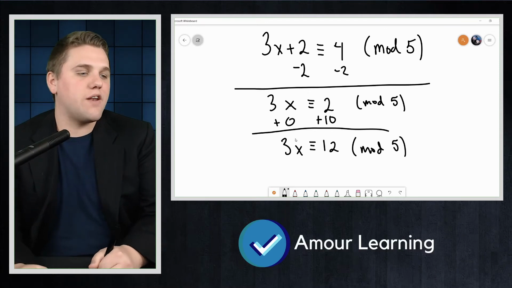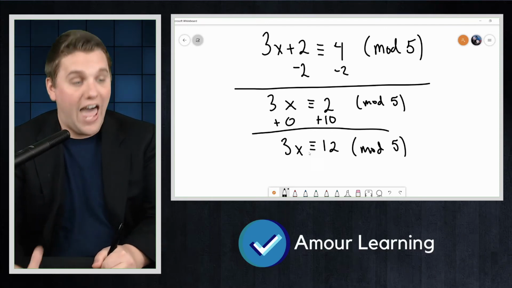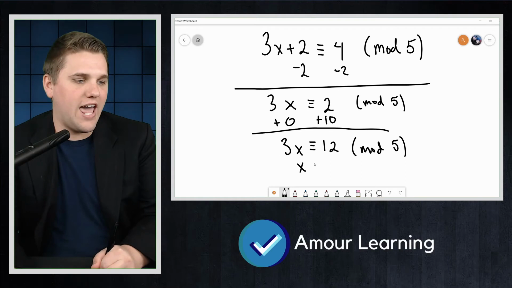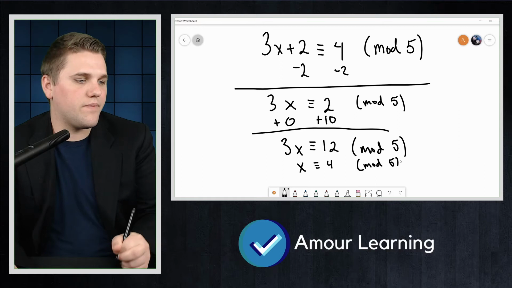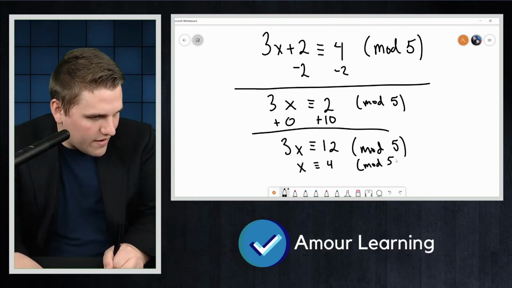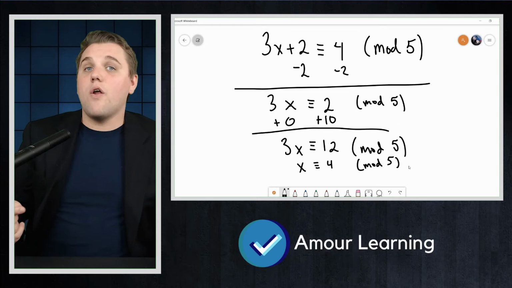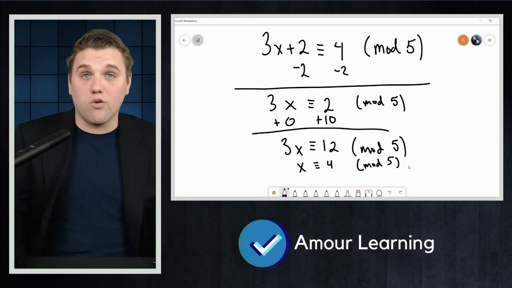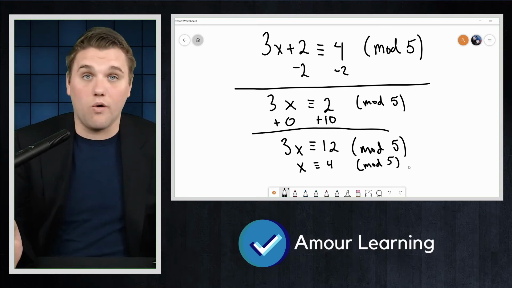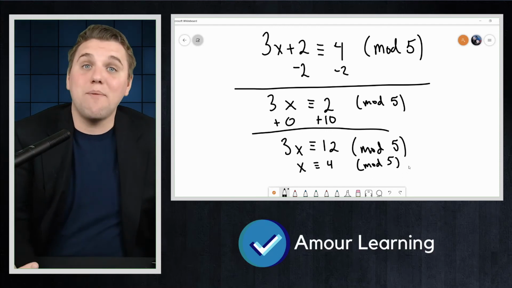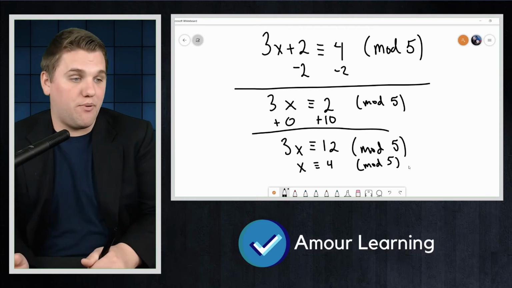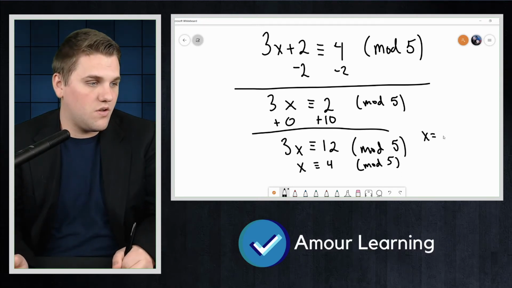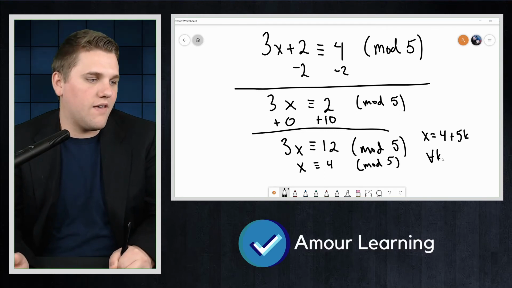But in this case, 3 and 5 are relatively prime, and so we can actually divide both sides by 3 to get that x equals 4 mod 5. There we go. Now notice that this in fact gives the general solution. Not only can x equal 4, but x can be any number which is congruent to 4. We can leave it like this, or we can write, for example, x equals 4 plus 5k for all k